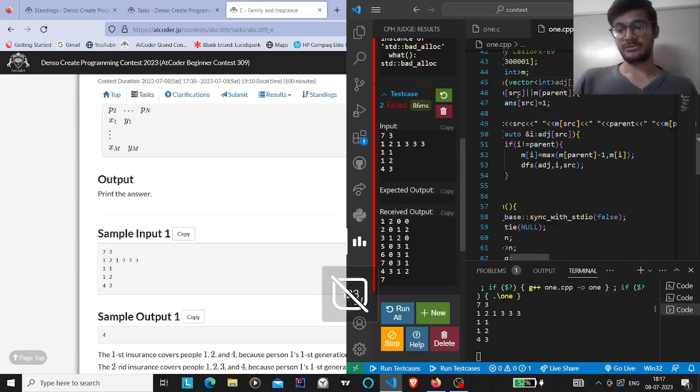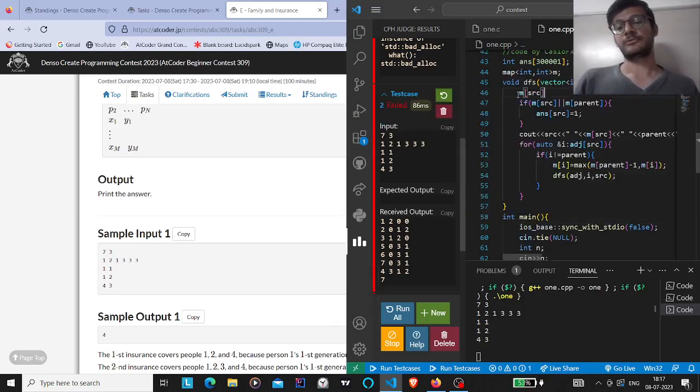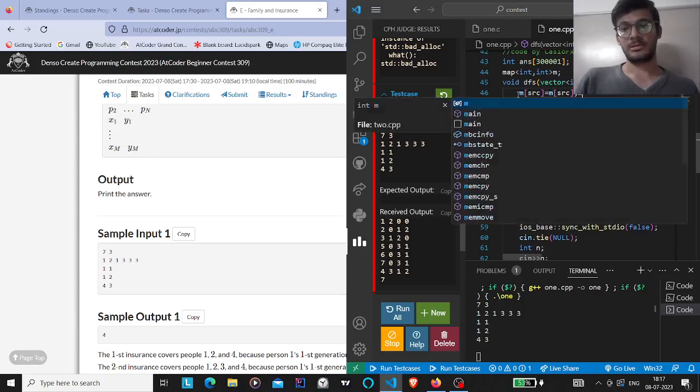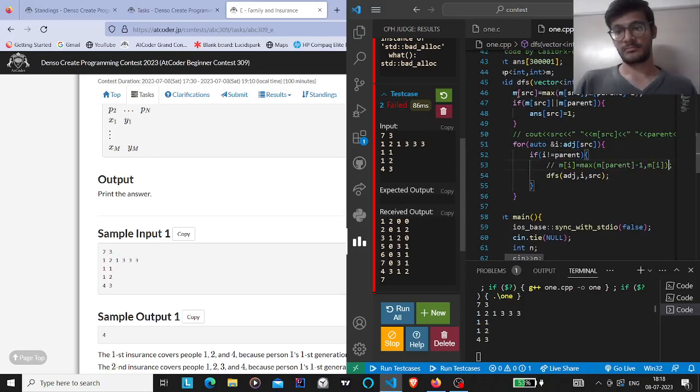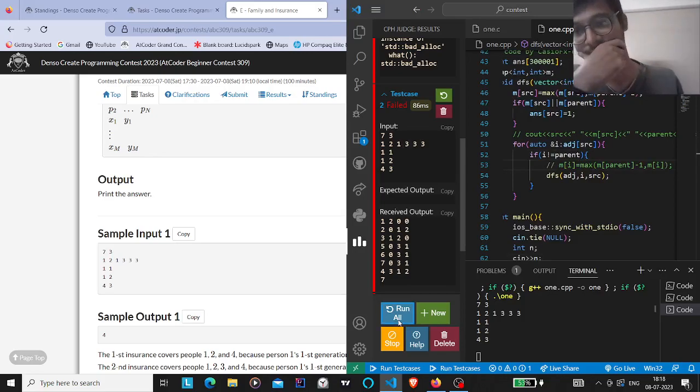Why I'm making this much complicated? M of source should be equal to M of source, comma, M of parent minus 1. Let's see. Because